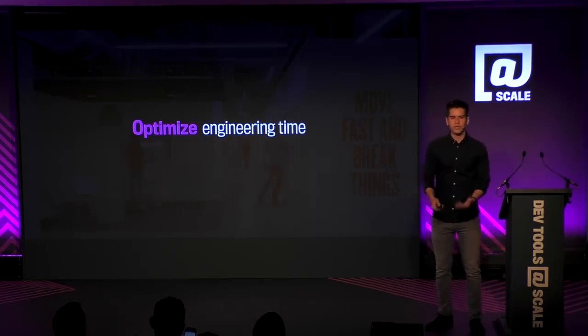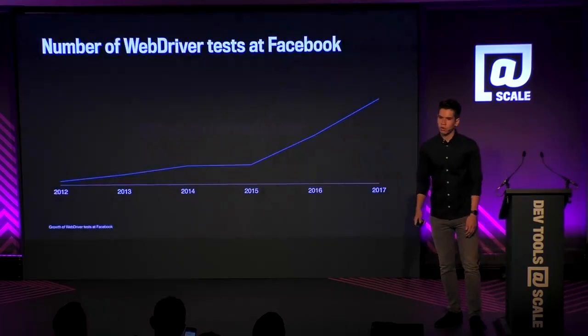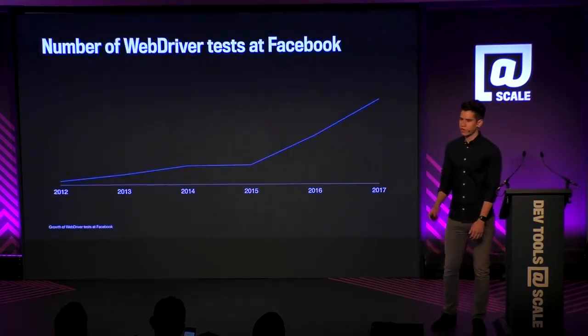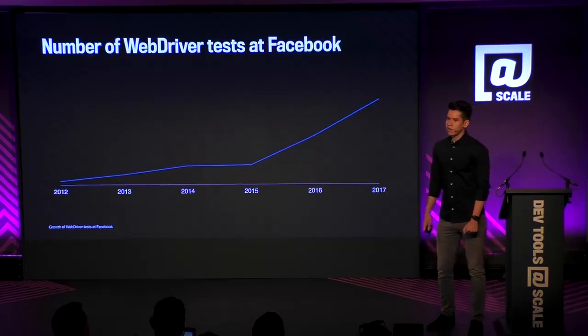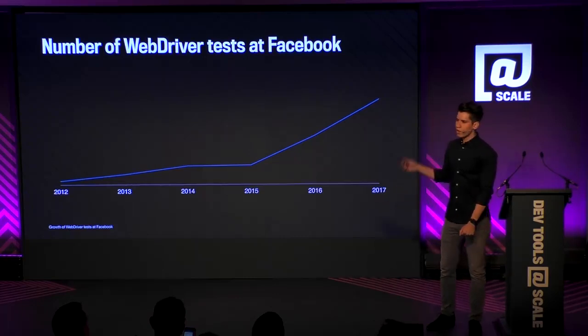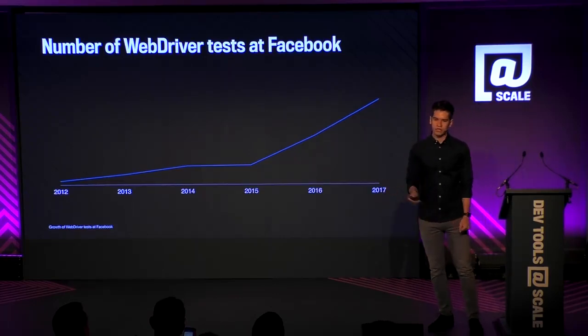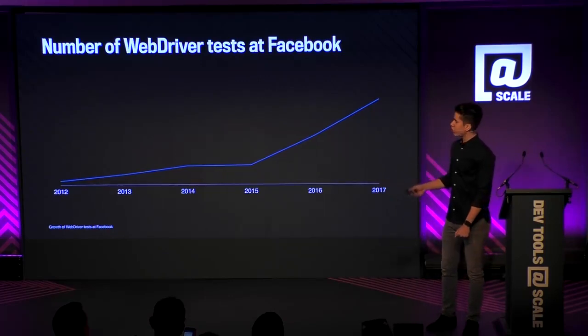To give you some perspective about our growth, let's take a look at the number of WebDriver tests that we have at Facebook. Basically, we have way more tests today than we had 5 years ago. And this growth is basically because we started to hire more engineers. More engineers start to write more code, and as we write more code, we also write more tests. And the cool thing about this graph is that even though we have way more tests today than we had 5 years ago, we actually run them faster and more reliably. And that wouldn't be possible without a service like OneWorld.